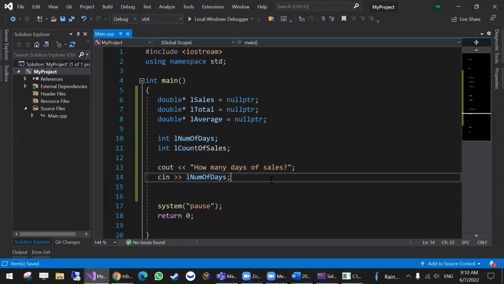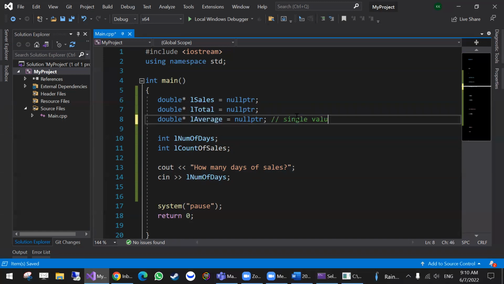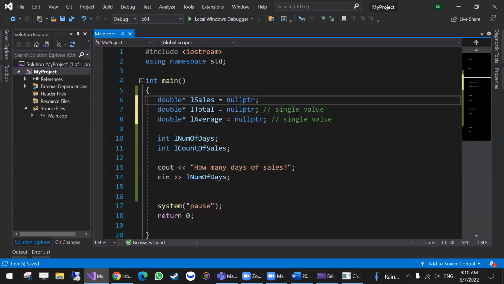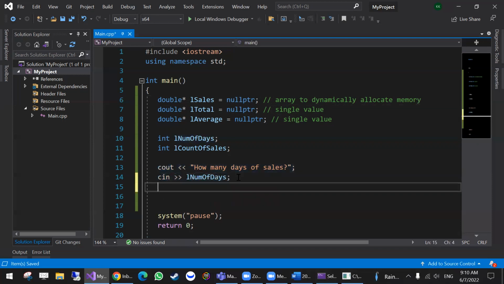Now that I grabbed those, this will act as the array, this will act as a single value, and this will act as a single value. Single value, single value. In this case, if we are taking into consideration more than one sale per day, this is array to dynamically allocate memory. So how many days? I need this number of days. So let's go and allocate memory for that